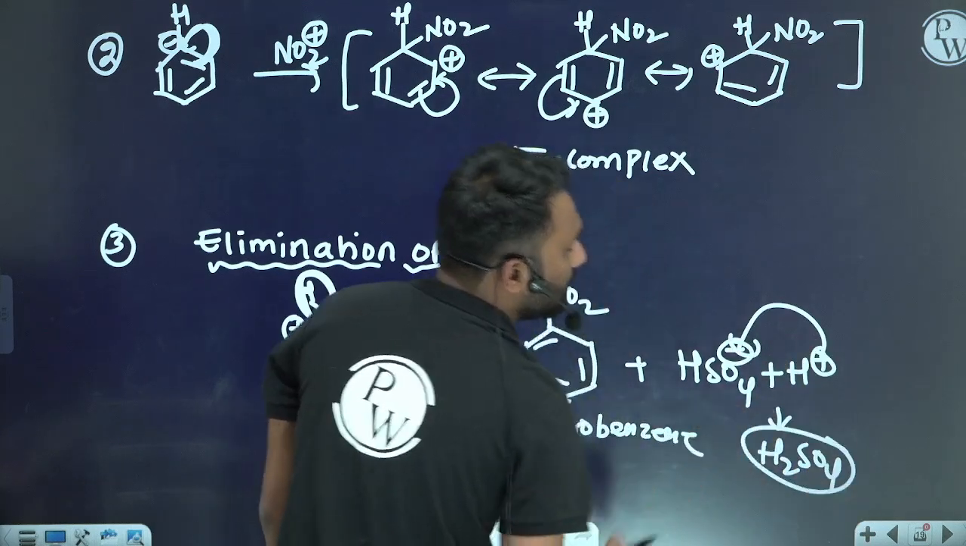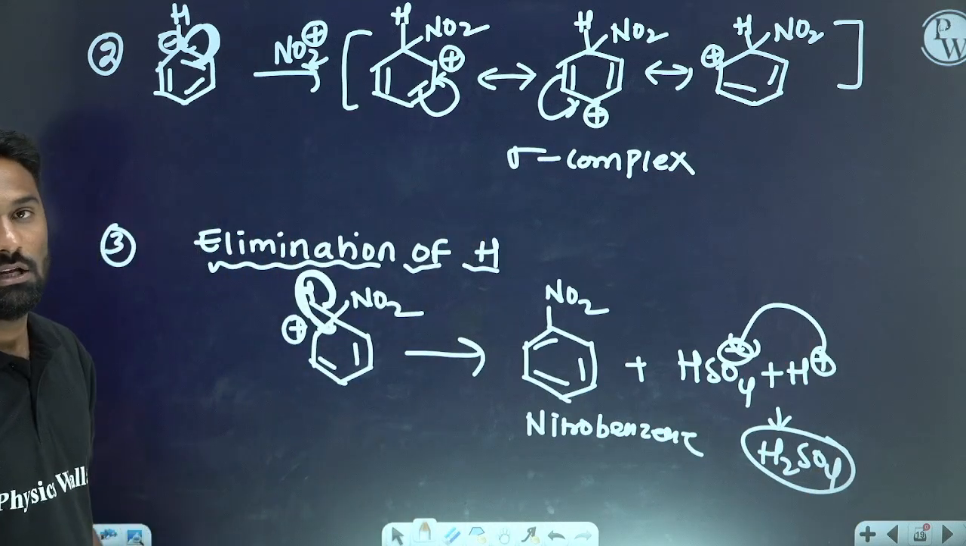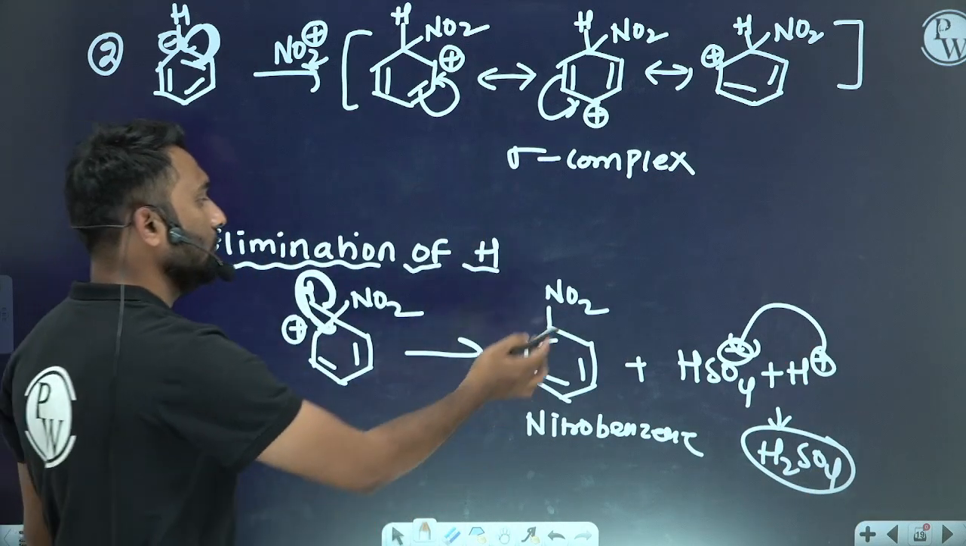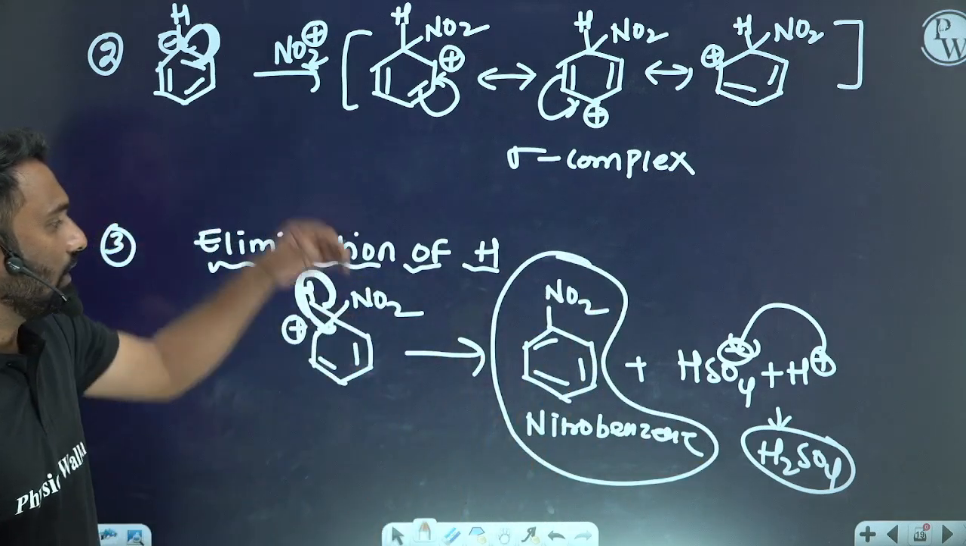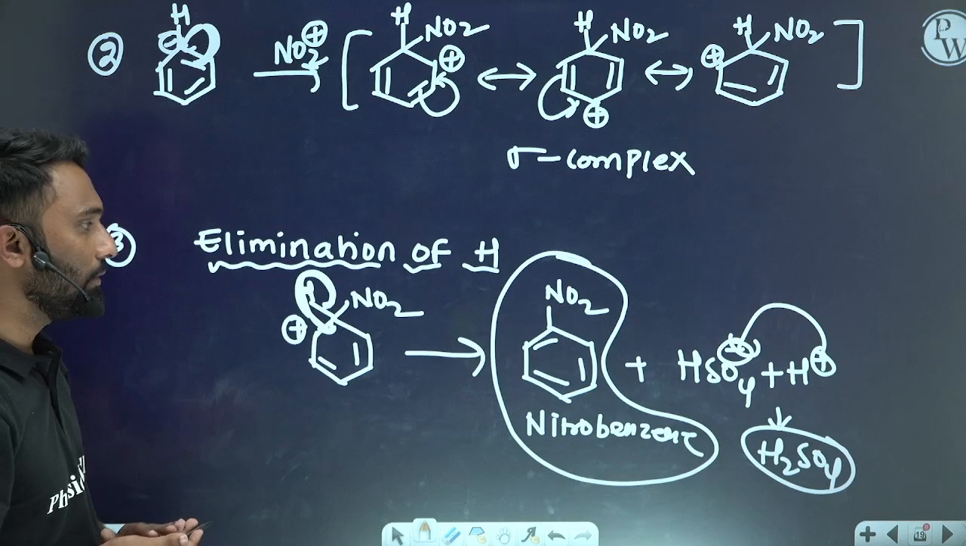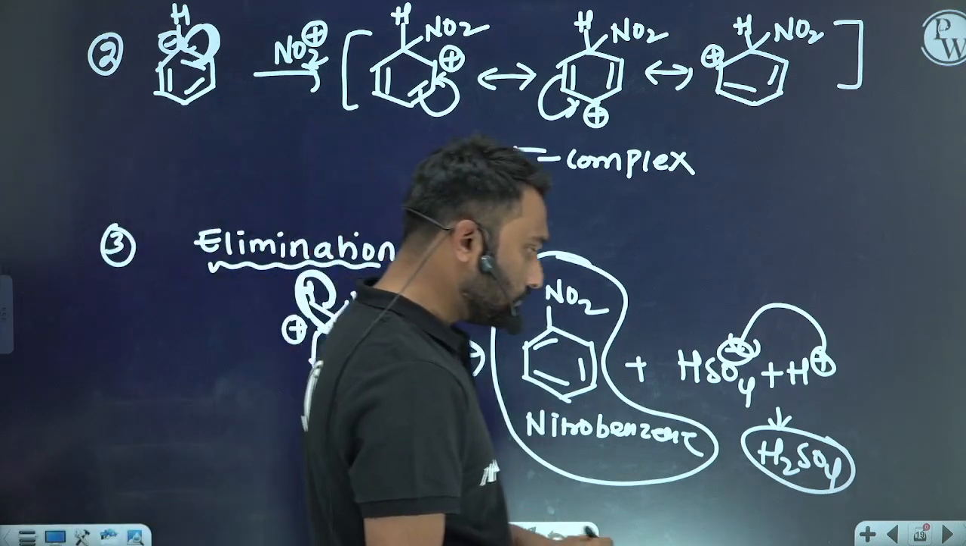Again we'll get the H2SO4, and by that we are getting this nitrobenzene. Clear? Whatever it may be. Clear? Now see,